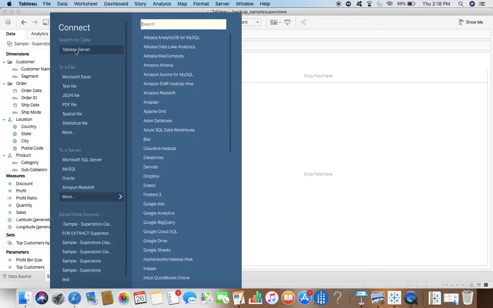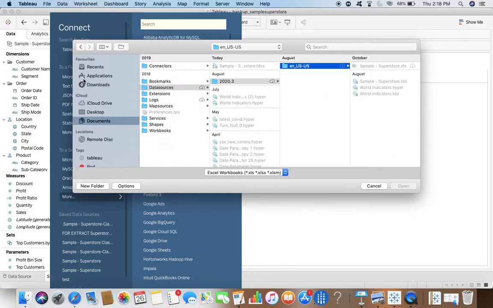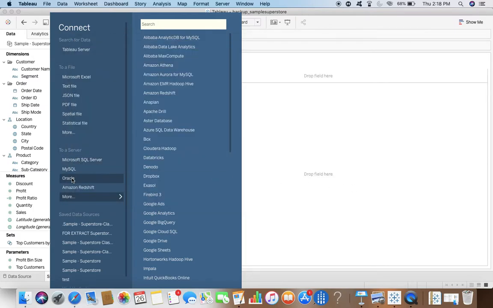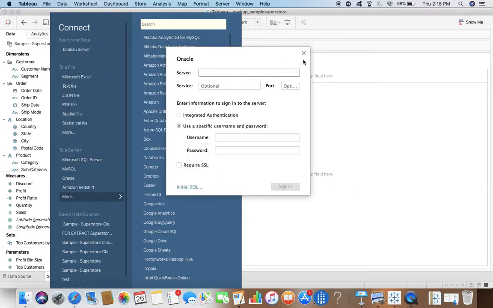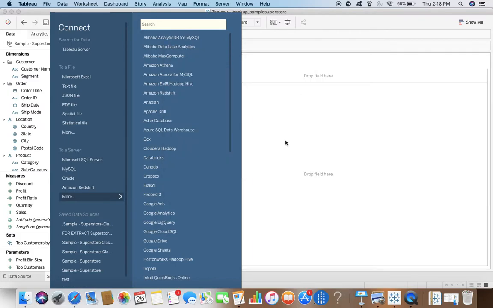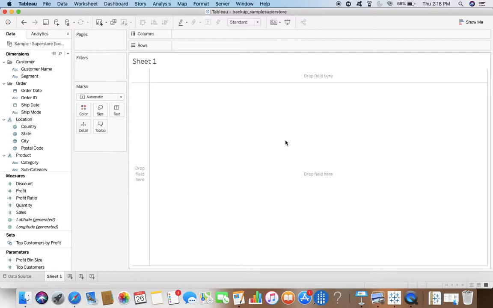You can say new data source. You can go to a file type, to a text type, and you can go to that very particular file and select it. Or you can go to the server and key in your configuration, your username and password. You'll have to make use of the Oracle adapter as well. Each Tableau server level connection would have the adapters as well, but this is out of scope.